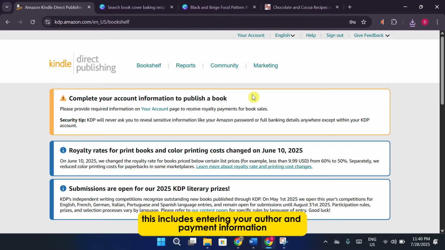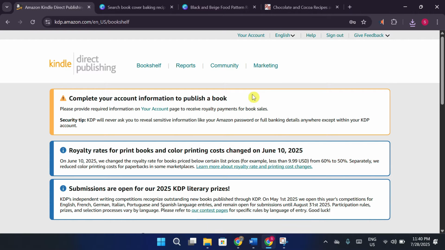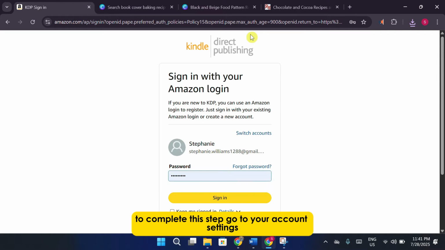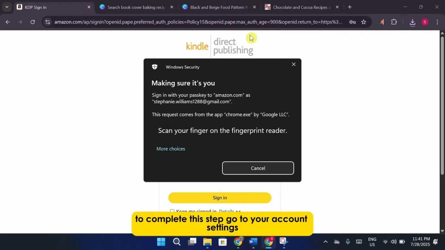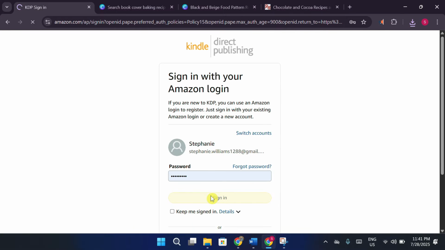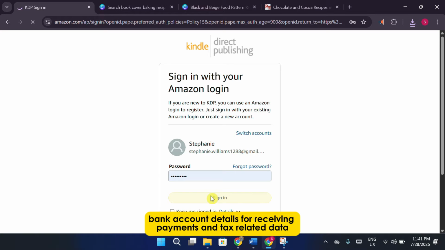This includes entering your author and payment information. These details are important because Amazon uses them to determine where your royalties should be sent. To complete this step, go to your account settings. Here you'll need to fill out information such as your name, mailing address, bank account details for receiving payments, and